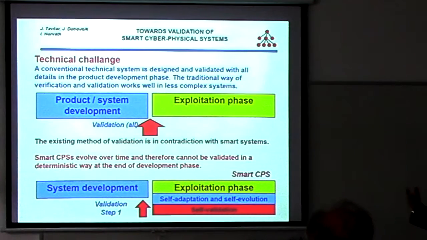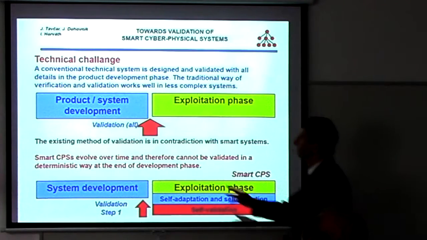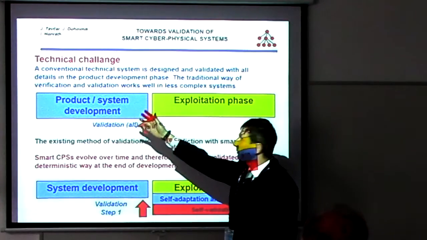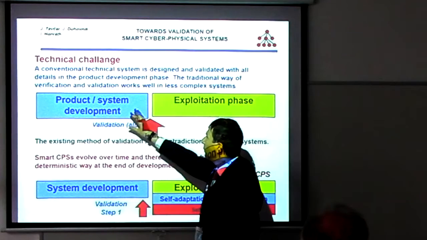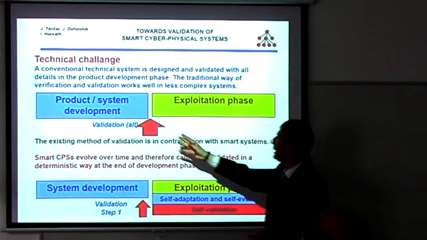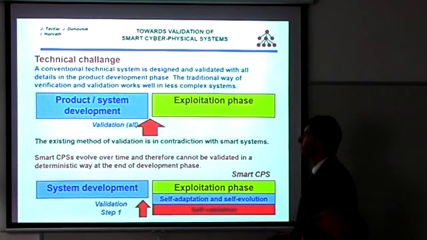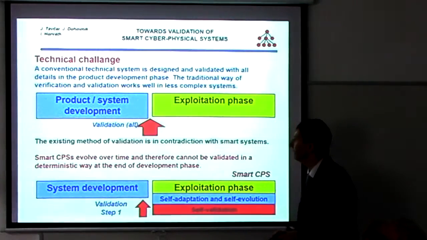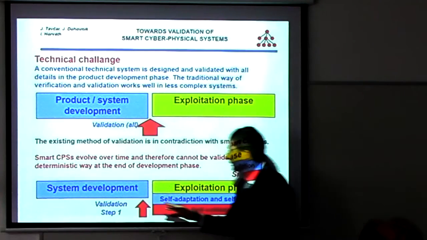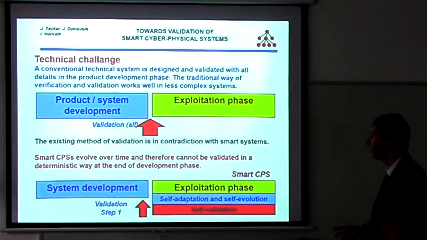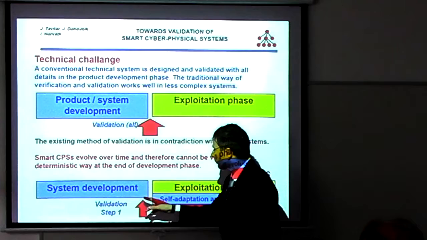And what's the problem with smart systems? Here we have a traditional system where we do product or system development, and then we validate it. The system operates the way it was designed throughout the exploitation phase. So we call it deterministic, but with smart systems, I will present the definition of Professor Horváth later. The problem is that